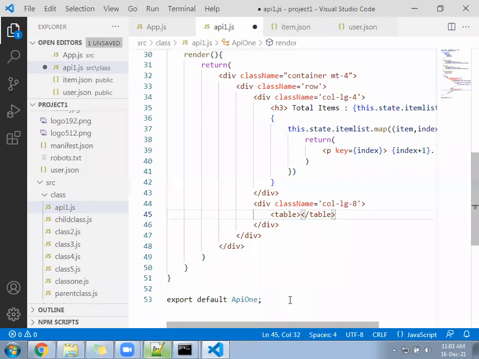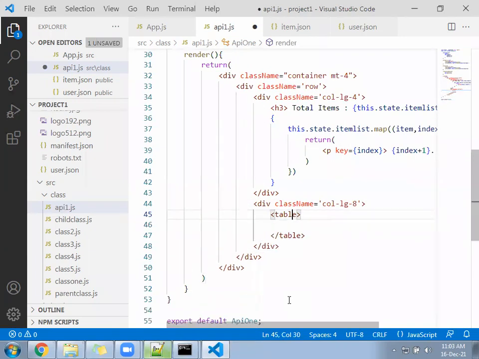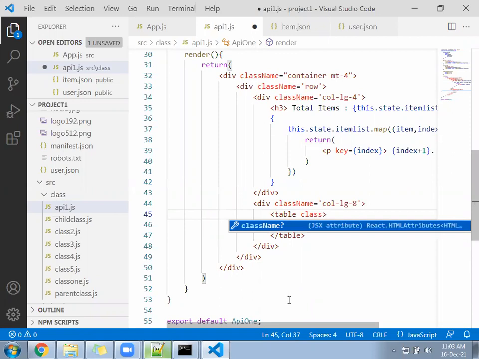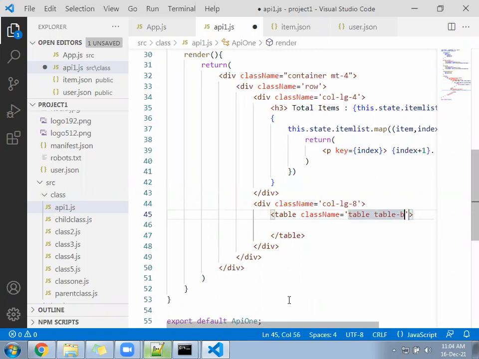For the API implementation, instead of creating this JSON file, I have some URL also. Directly I can give the URL, but you will not feel the difference: how to call local, how to call external. So I just created some local file to understand. While implementing somewhere, if someone gives me the task, how can I do it locally in my system only? Table hyphen bordered.